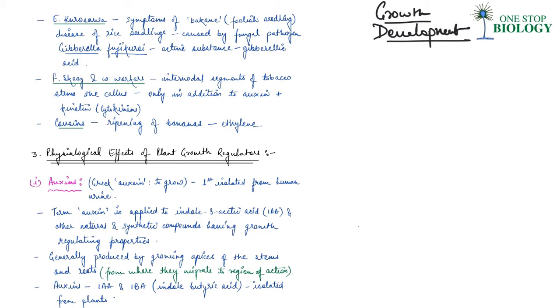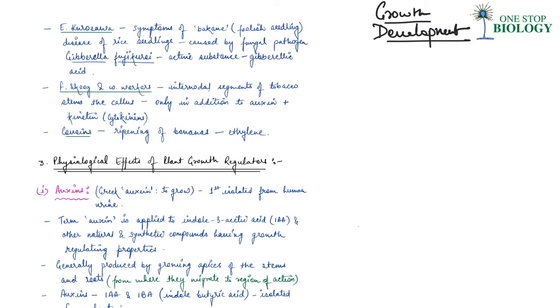in rice seedlings, known as bakanae, the foolish seedling disease, caused by a fungal pathogen, Gibberella fujikuroi, right? So Kurosawa reported the appearance of symptoms of the disease in rice seedlings when they were treated with sterile filtrates of the fungus itself, and the active substance was gibberellic acid. Again, in a similar way,